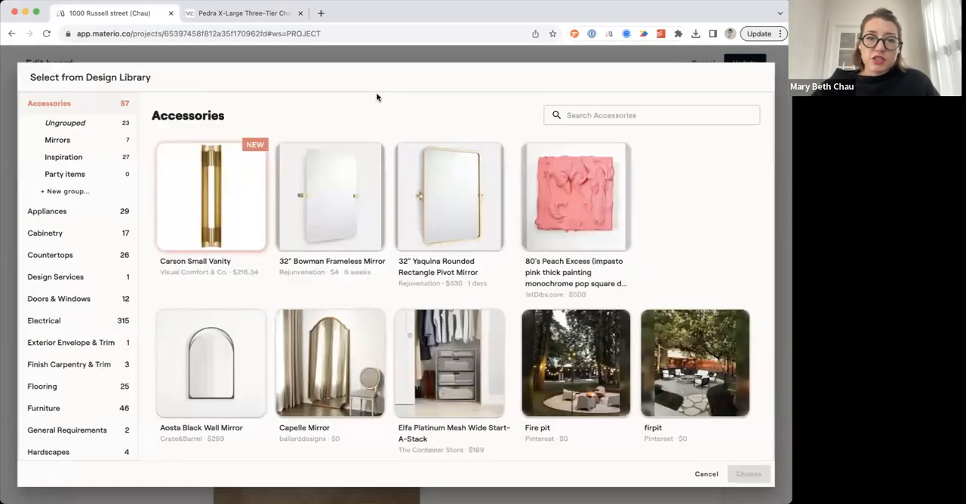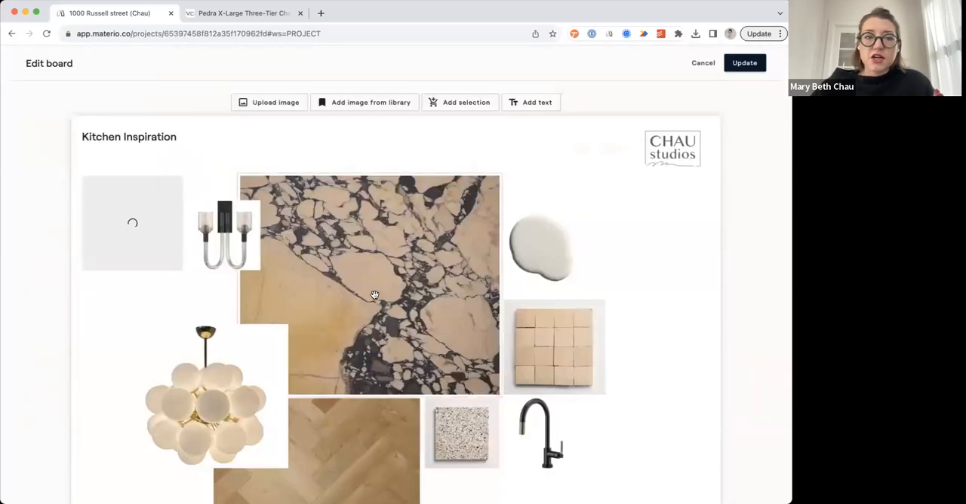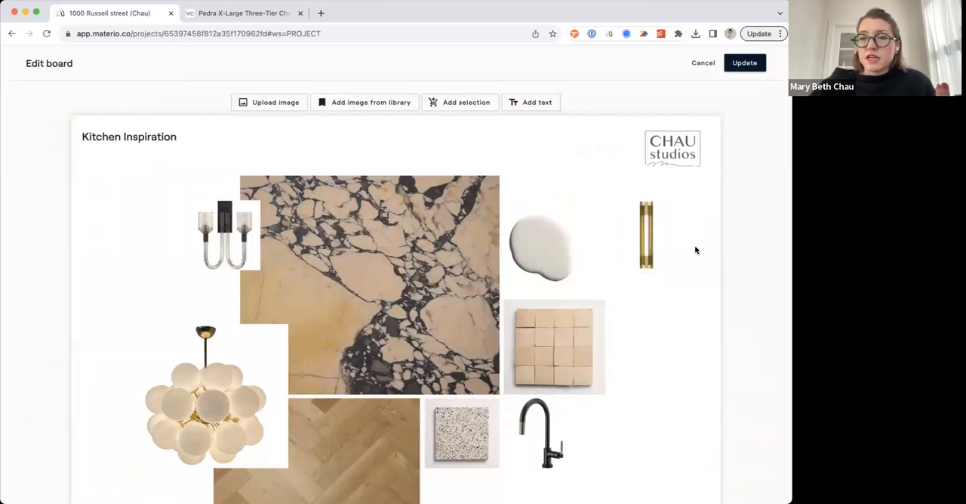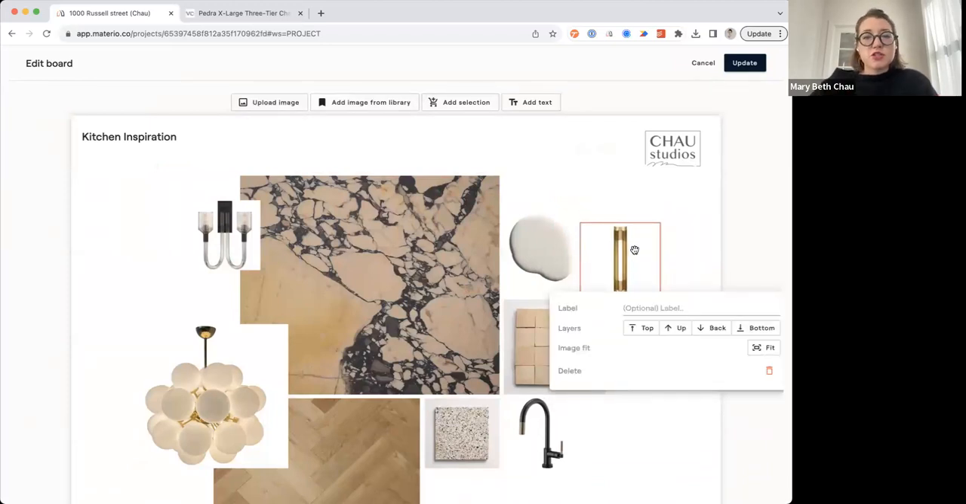I can pull images from my library. So let's say I wanted to bring in this sconce here. I could bring it in. Now this isn't going to be linked to any scope of work. It's simply pulling images from a library and adding it here so that I can create sort of a concept